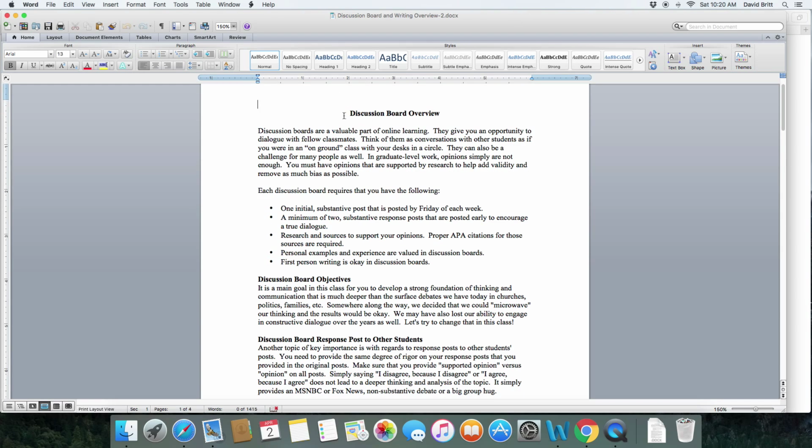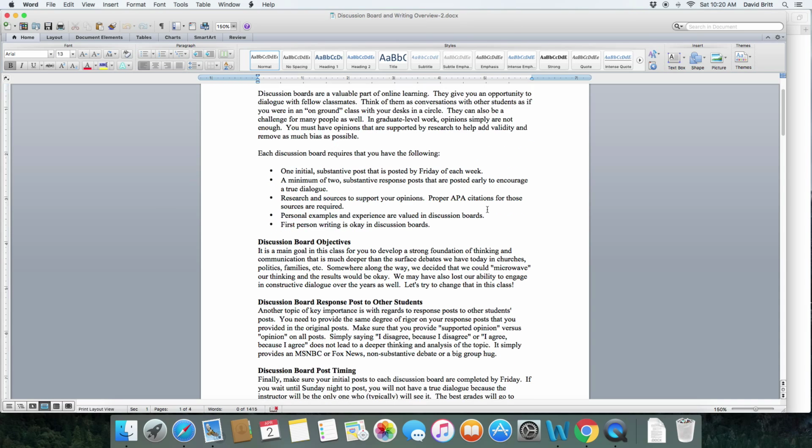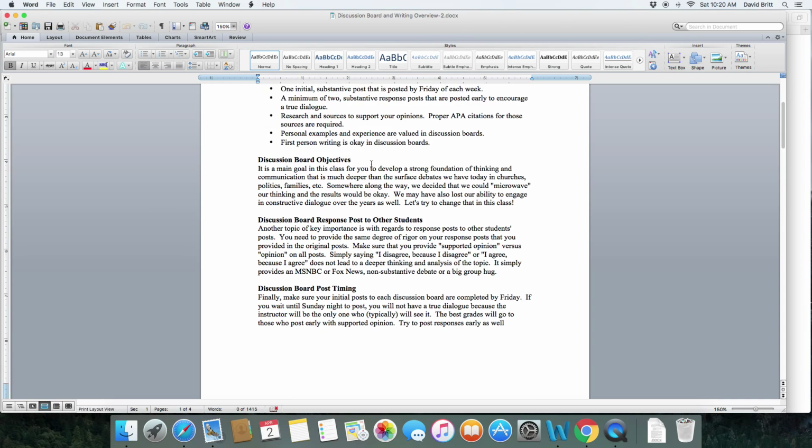You see this document that you'll be reading is a discussion board overview. It talks about the reasons that we do discussion boards. Our discussion boards, by the way, require you to provide one initial post, and it has to be done by Friday each week. This is probably a good chance to tell you that our weeks begin on Mondays. On Monday morning is the start of each individual lesson, and each individual lesson will end Sunday night